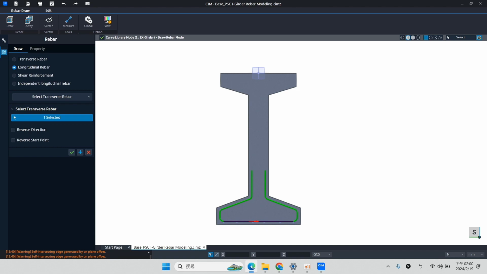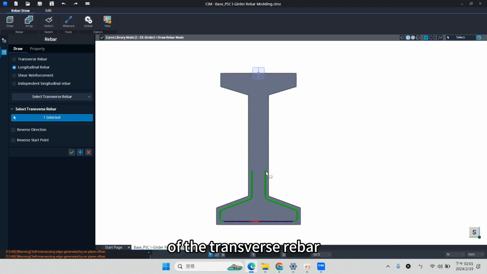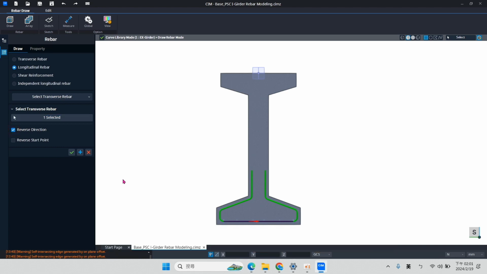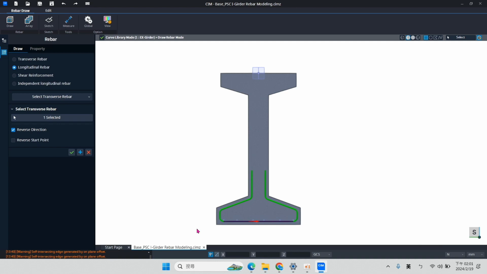In the preview, you can see the rebar is outside the shear reinforcement of transverse rebars. That's why you want to click on this one, reverse direction. You can see the preview that now the longitudinal rebar is inside the transverse rebars, which is what we want.